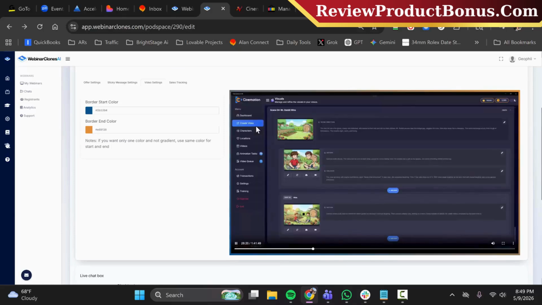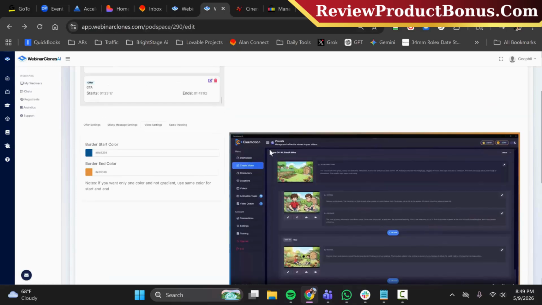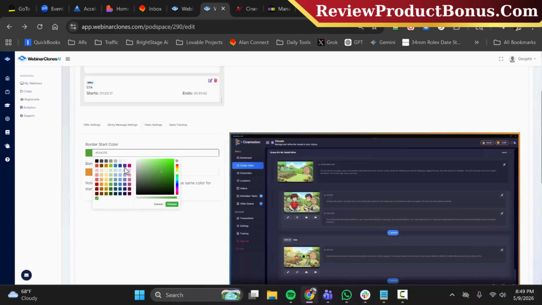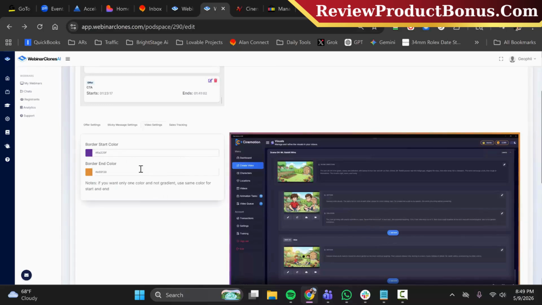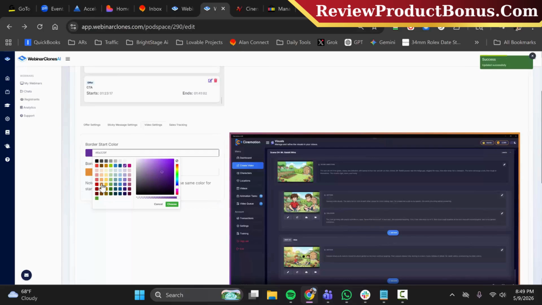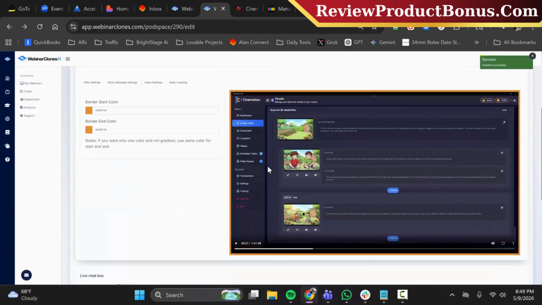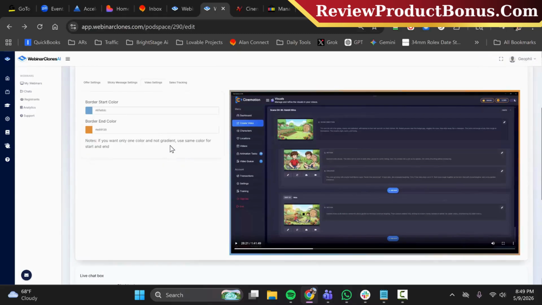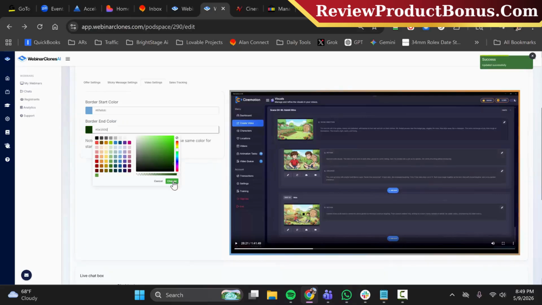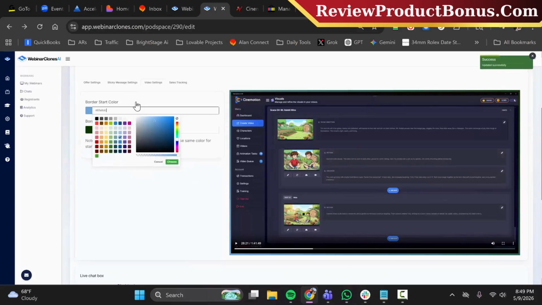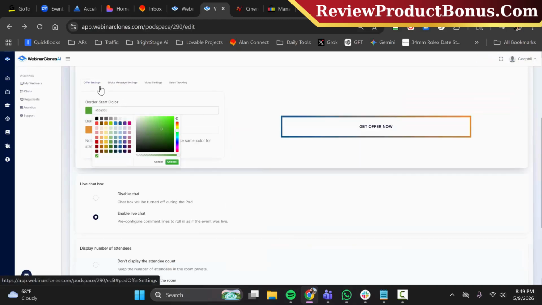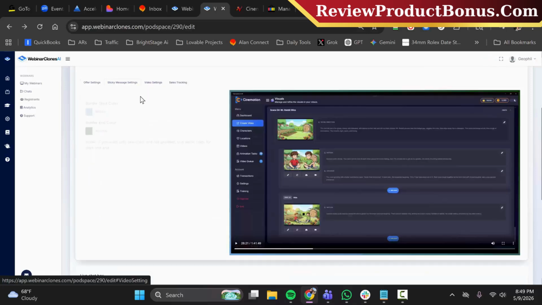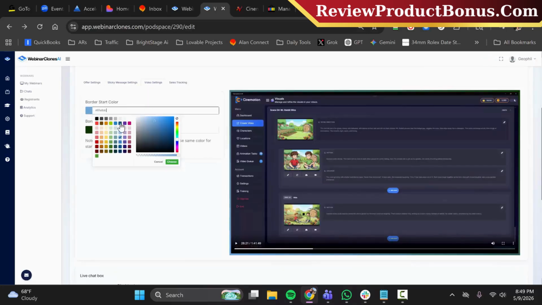So if you wanted to see, sorry, let me pause it. If you wanted to see what it's going to look like actually in the webinar event itself, from our border, you can see it here. So if you wanted to make the border all purple, for instance, or let's say all orange, because the color is orange, right? So you could do the whole thing orange for the color scheme, or you get the point. You could do the whole thing like a gradient to green, whatever you choose, right? So I'm going to change it back to what it was so I don't mess up our things. Let's see. I'll just change it to this blue